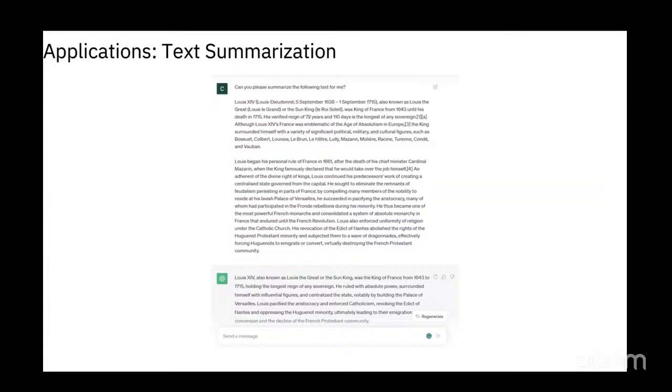And there are a lot of applications which have come into the picture. The simplest application is that you give a bunch of text and you ask the model to summarize the salient points, where here, for instance, you are giving an article, a snapshot of Wikipedia, and I asked ChatGPT to summarize it for me, and it just creates a succinct summary. And if I don't like it, I can always ask it to regenerate, and it learns based on the feedback we are giving. Whatever feedback we give gets recorded in the system, and that is used to train further iterations of the model.